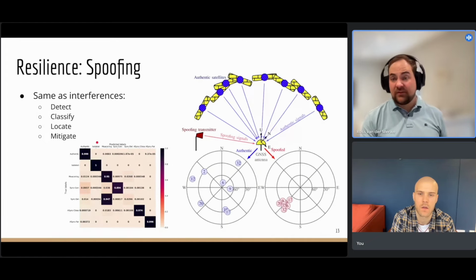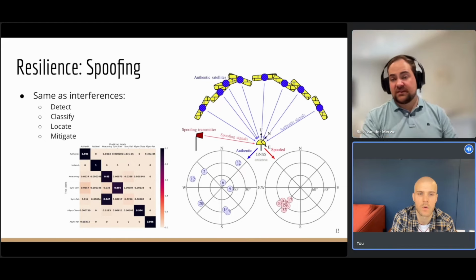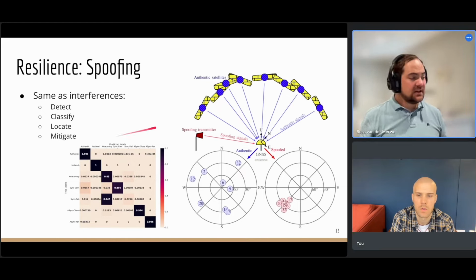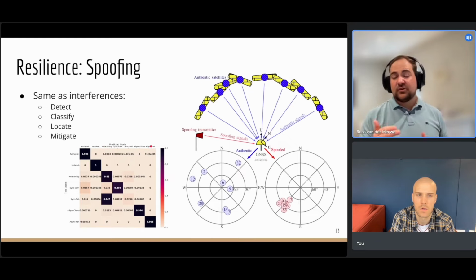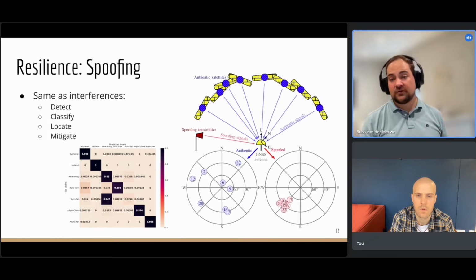The isolated attack is a very, very harsh attack where you're basically placing a tin can over your antenna and it only sees the spoof signal. There's no competition from the other signals. And then all the others are some version where your receiver receives both, and sometimes it tracks the one, sometimes the other. And now the question becomes, how good was the spoofer?